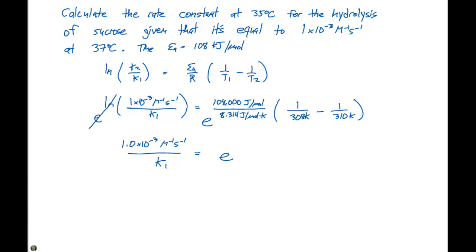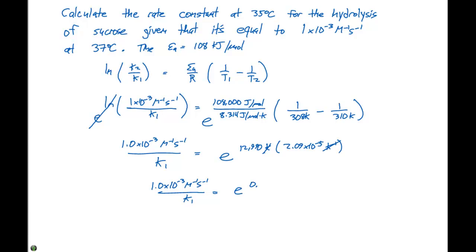And if we do the math here, 108,000 divided by 8.314 is going to be 12,990, which has units of Kelvin, times 1 over 308 K minus 1 over 310 K, which is 2.09 times 10 to the minus 5, with a unit of Kelvin to the minus 1. So these units are going to cancel out. So we have 1.0 times 10 to the minus 3 molar to the minus 1 second to the minus 1 divided by K1 is going to equal